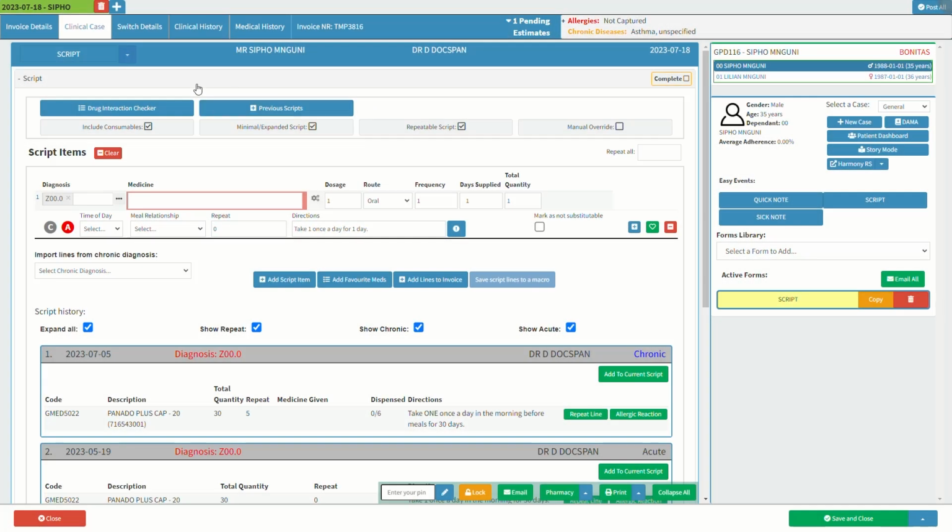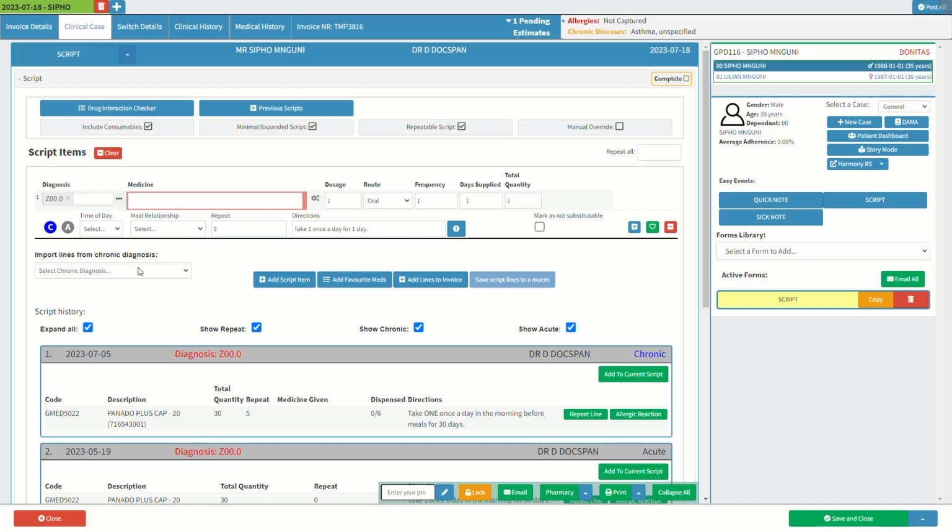In this video, we will start on a script screen. For more information regarding the script screen, please refer to the Basic Script Features user manual linked in this video's description. The script can be converted from an acute script presented by the A button to a chronic script represented by the C button by simply clicking on the C button. For more information regarding the acute script, please refer to the Prescription Letters Acute Scripts Overview user manual linked in this video's description. Alternatively, as soon as the repeat amount is adjusted above 4, the script will automatically be updated